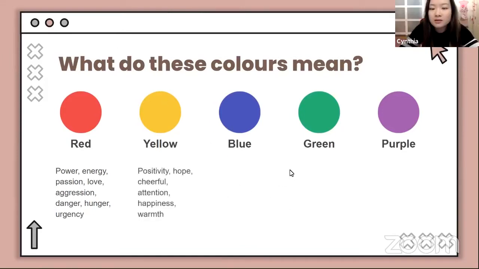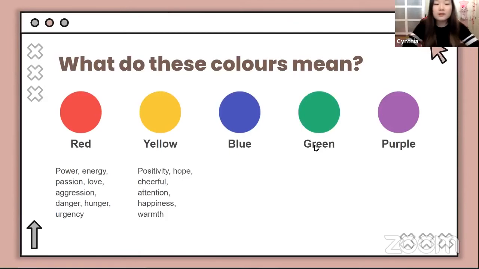Exactly. And just a little bit more about colors, I guess. There is RGB and there's also CMYK. RGB is red, green, blue. CMYK is cyan, magenta, yellow, and key. So CMYK would be used for anything that you want to design for print, because print and the ink mix will come out differently compared to how it's shown on screen. So if you're designing for anything that's going to be shown digitally, it will be best if you use RGB colors.